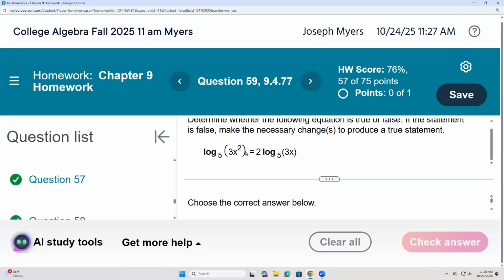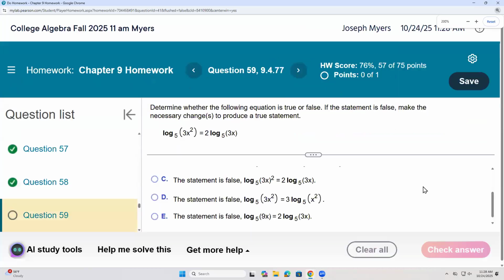And so I would not have 2 log base 5 of 3. I would only have 1 log base 5 of 3, but I would have 2 log base 5 of x, though. But this says you have 2 log base 5 of both 3 and x. So that's not correct. So the correct answer is that the... hold on, let me zoom out. I can't see very much when I'm zooming in so far. The correct answer is,